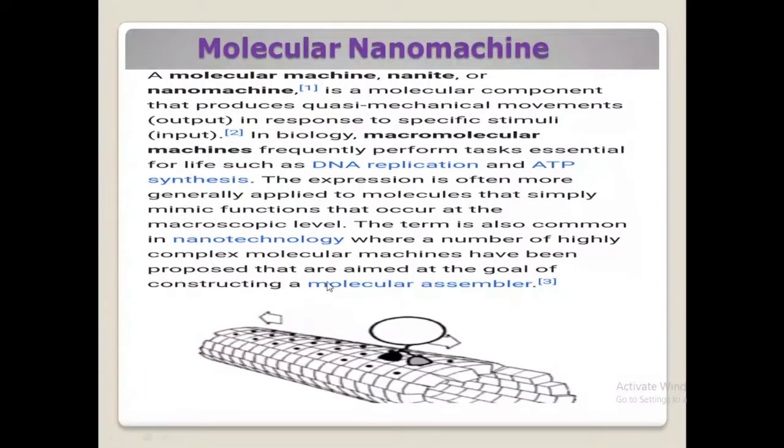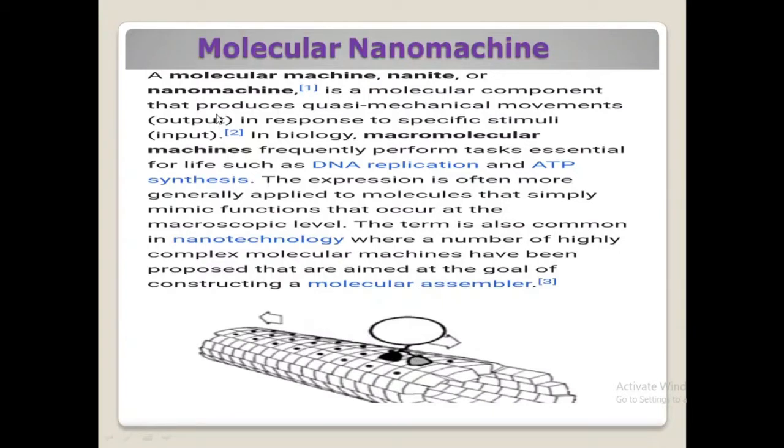Here you can see one example of a biological machine, called a molecular nanomachine, because it is doing a machine movement. This is a dimer protein, a two-subunit protein, walking to and fro on the microtubule layer during the contraction of these microtubules. So this is an example of a molecular nanomachine.